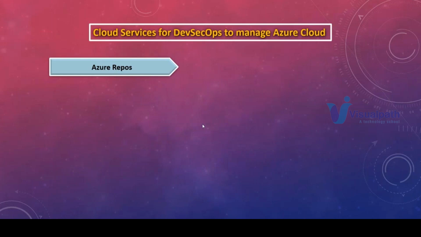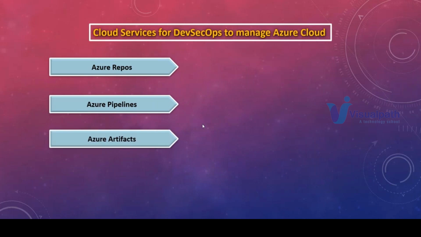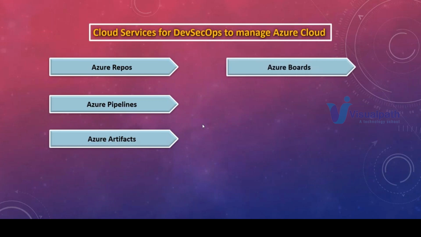In the DevOps part, we will learn about Azure Repos, which is a kind of Git. Then Azure Pipelines for CI/CD implementation. Then Azure Artifacts to store packages and other things. And then we will use Azure Boards to create processes like Agile and Scrum models, to create stories and manage processes in the sprint. What is a sprint? How will the development happen? How will the code be released?